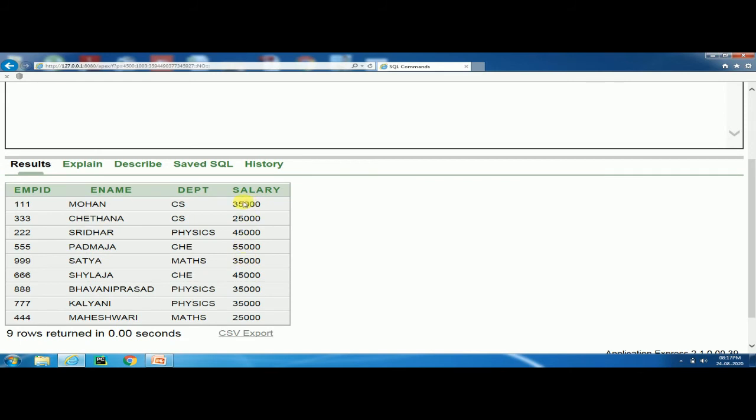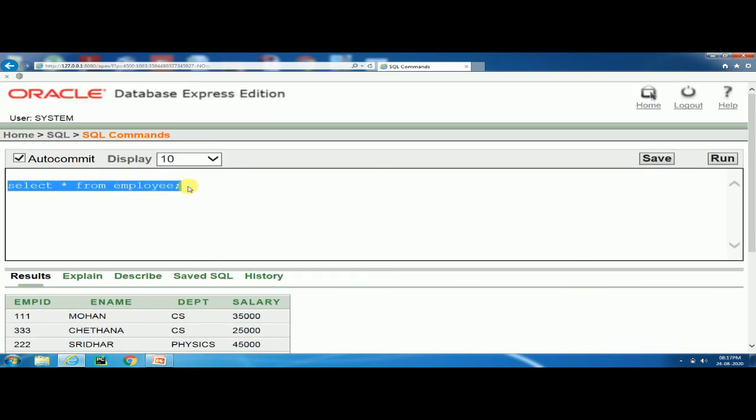Individually there are employees, but suppose CS is the group: 35,000 and 25,000. If we combine these two faculty salaries, it comes to around 60,000. Physics department has 50, 45, 35 and 35,000. For that purpose I will use the group by clause here.